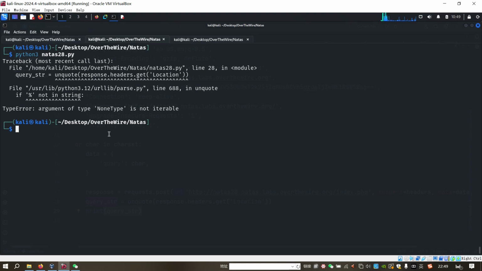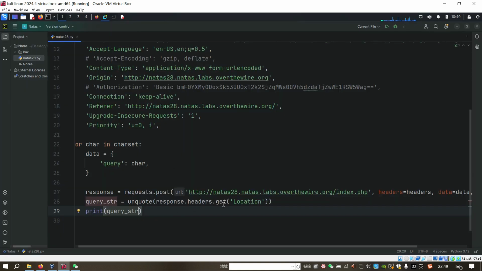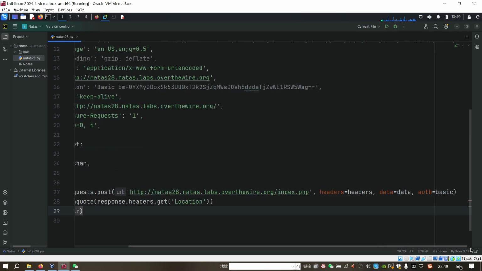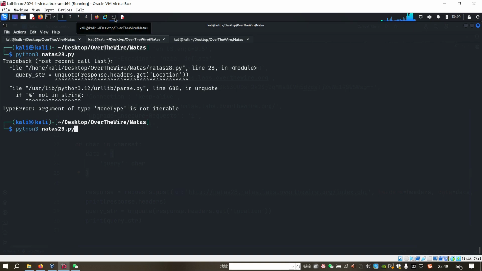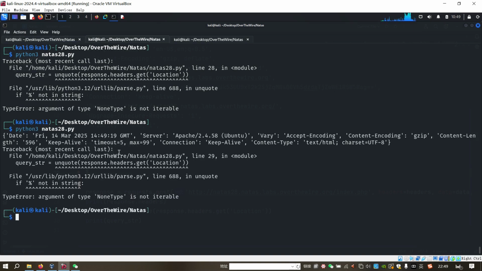So it's not iterable. Interesting. Why? So the response headers, location. I think we can print out the response headers. Now we can run it again. So the location, we should get location, but